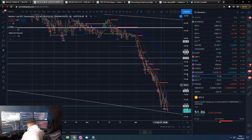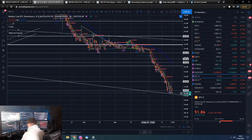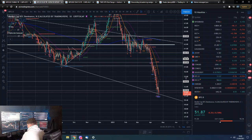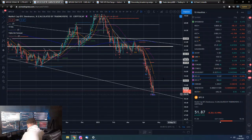We are now fully and formally testing the bottom of this trend line. Now this is obviously a very long-term macro trend line, and as you can see, we can break well below it, and then wick back up, and then have a nice move. So it's not like this is an immediate level where you want to get out of alts. We could really see an acceleration once we lose this trend line to the downside, and then we could find ourselves back within the channel, and then maybe even coming back to test around the